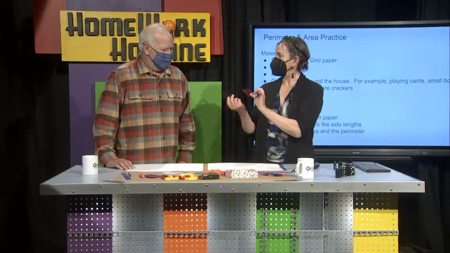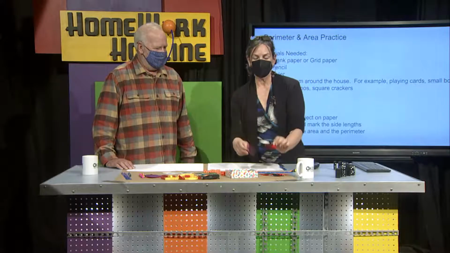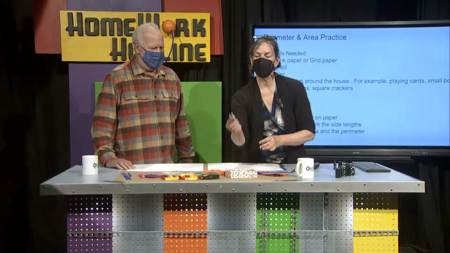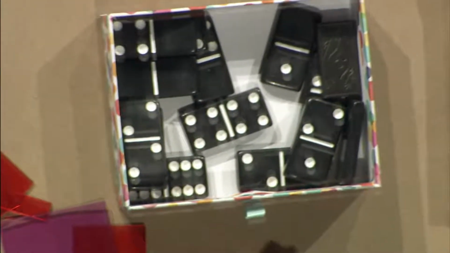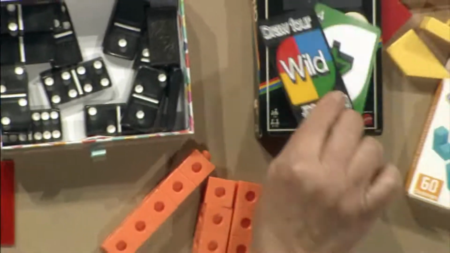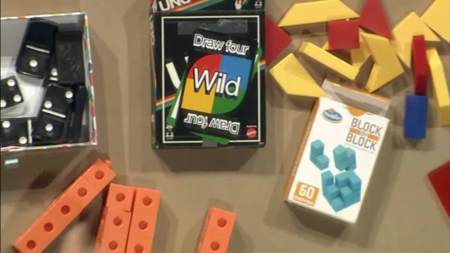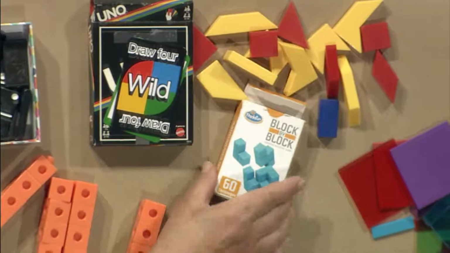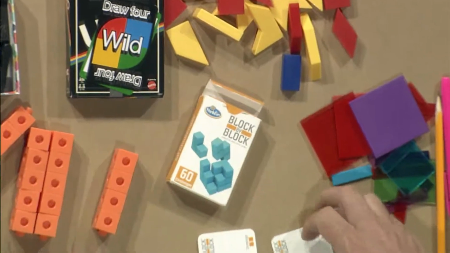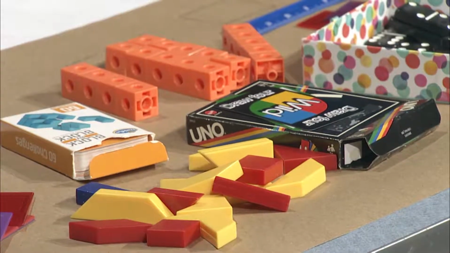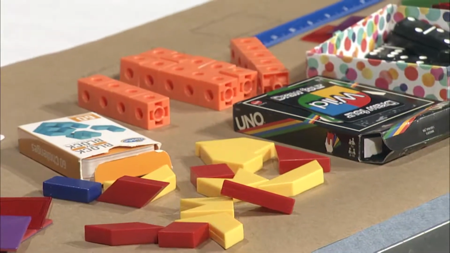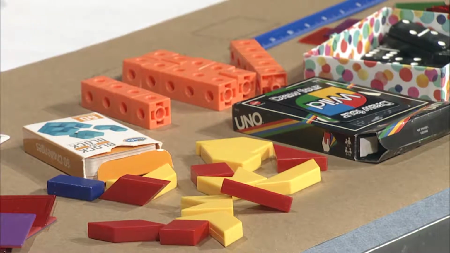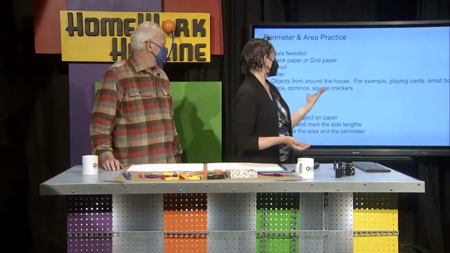I had some algebra tiles at school, so some squares and rectangles. I found some dominoes in my closet, some little link blocks. Uno cards, because who doesn't love Uno? And these are some other types of playing cards. And then these are different shapes. So the other thing you can do is go and find square crackers in